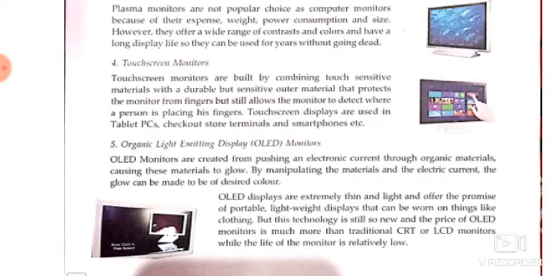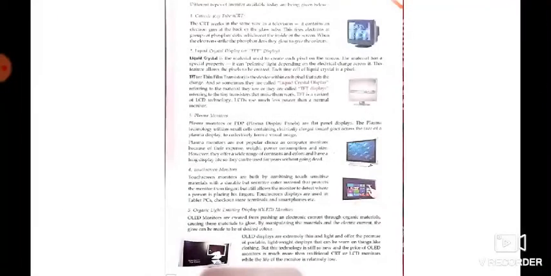Okay, this OLED technology is new and not very popular in the field of computer monitors. But it has very fine picture quality, and it is very pleasant for the eyes also. It is not as harmful for the eyes as other systems are. In comparison to those systems, it is less harmful because of its technology.